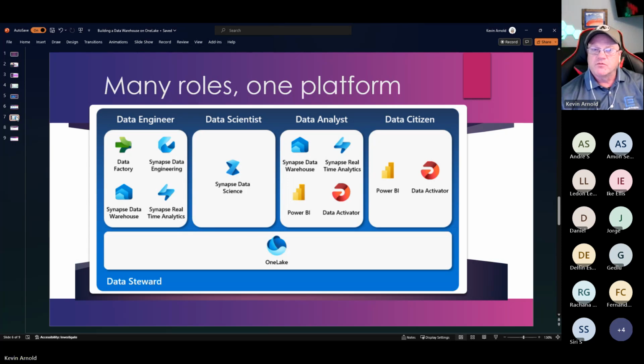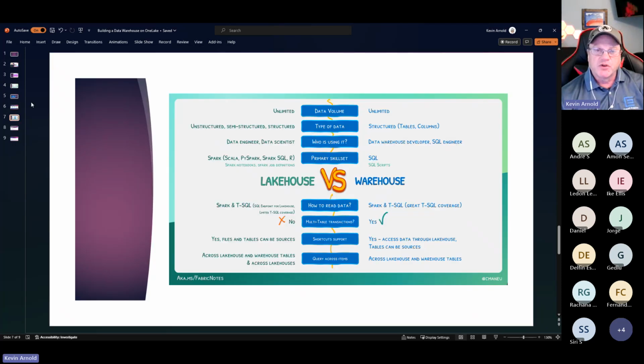So we have all these options within Fabric. I have the seed of data science. Okay. So we have all these options within Fabric. And the two that I really want to focus on is, do you want to use a lakehouse or do you want to use a warehouse? And how do you make that decision, right?